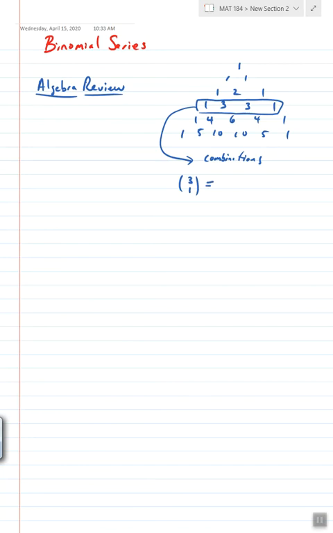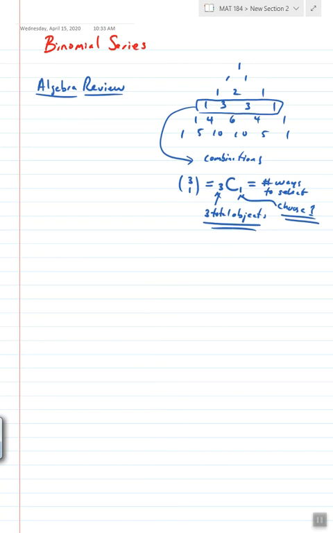If you have seen this in high school before, you may have seen it like this: 3 with a big C and then a 1, with the 3 and the 1 subscripted. What this means is if you have 3 total objects and you choose one of those objects,